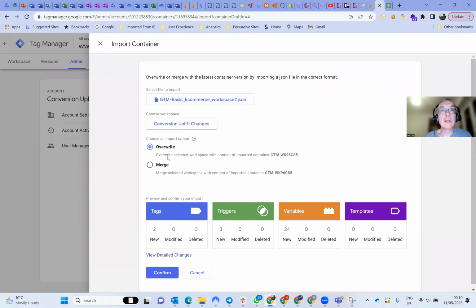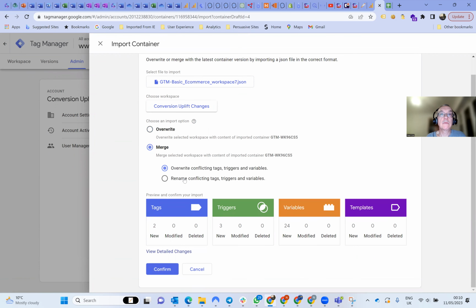And if you've already got some tags in your container, I would merge and rename conflicting tags just to be on the safe side. In this instance, it doesn't matter because it's a completely new container. But certainly if you've got an existing tag set up, then that's always the safest way of importing any new container. So press confirm,